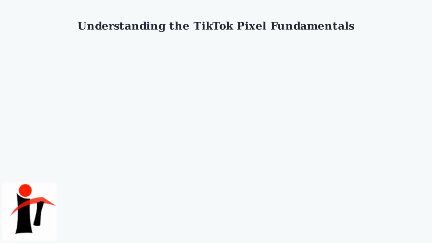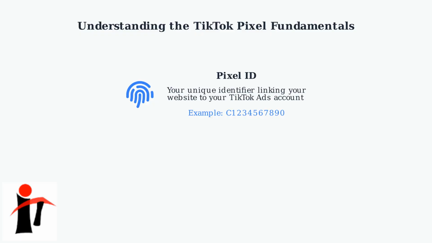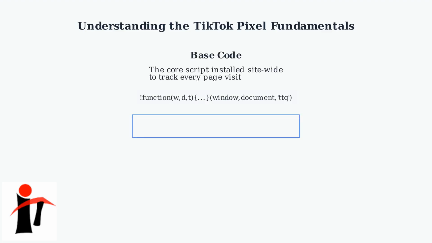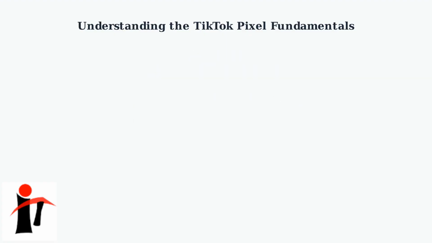Before we begin, let's define some key terms that form the foundation of the TikTok pixel. The pixel ID is your unique identifier, such as C12345678890, that links your website directly to your TikTok ads account, allowing for precise tracking and attribution. The base code is the core JavaScript script that gets installed across your entire website, enabling tracking of every page